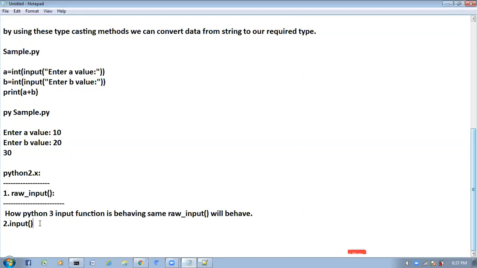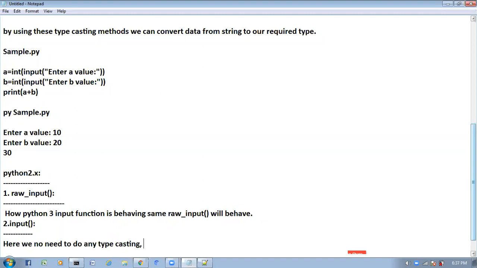How will the Python 2 input function behave? Here we do not need to do any typecasting.